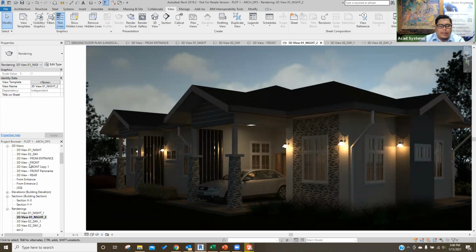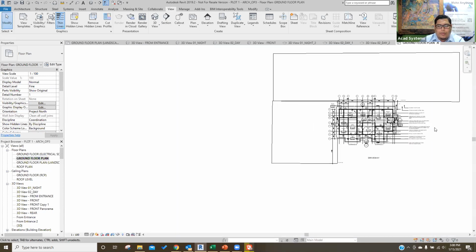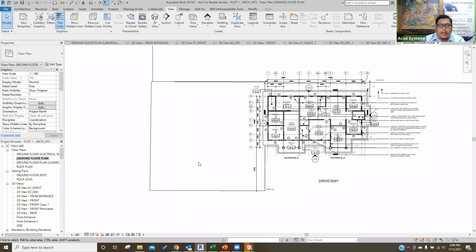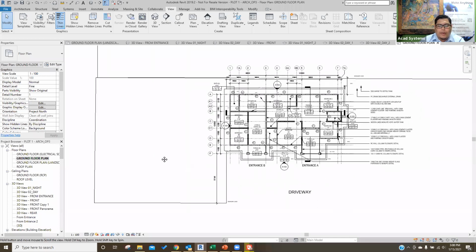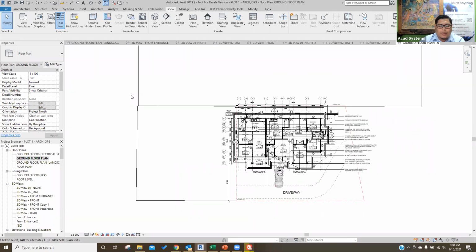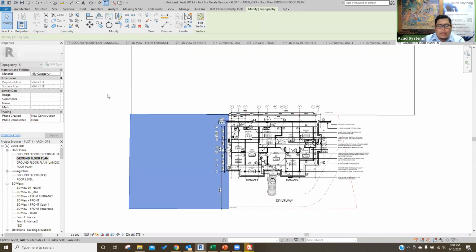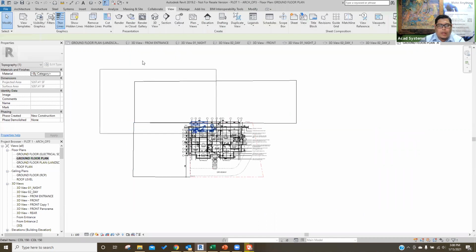Okay, and to start with the rendering, we have to open up the plan view. For instance, this is your plan view. Okay, and the tip for starting with Revit rendering is that you must have enough site models. So the reason why this is all the site model. If I want to look in 3D,